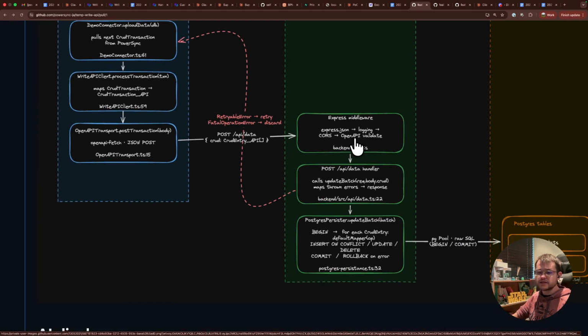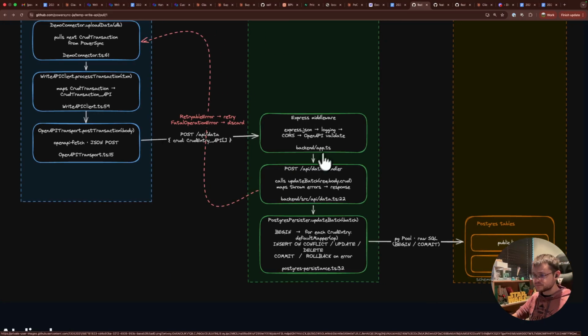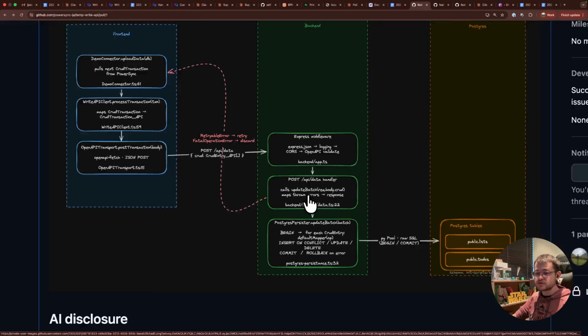And because this is a JavaScript or TypeScript example, we'll just use an Express middleware that's riding on the OpenAPI spec on the backend, and we'll call a little function to take the data, map it, and then persist it. For this example, I'll just follow the Postgres path,